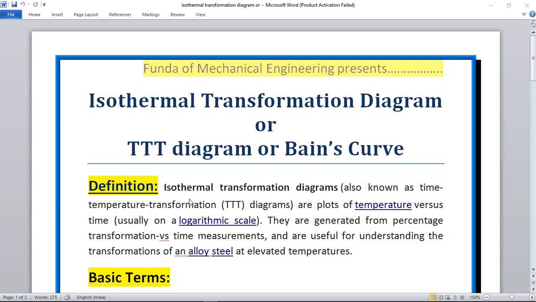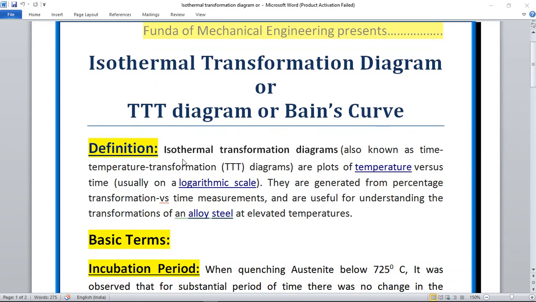Let me first tell you the definition of what we call the isothermal transformation diagram or TTT diagram. Here TTT stands for time, temperature and transformation, the time temperature transformation diagram or Bain curve. The definition is: isothermal transformation diagrams, also known as time temperature transformation diagrams, are plots of temperature versus time, usually on a logarithmic scale. They are generated from percentage transformation versus time measurements